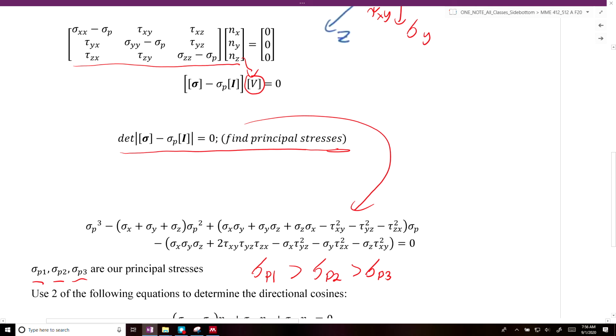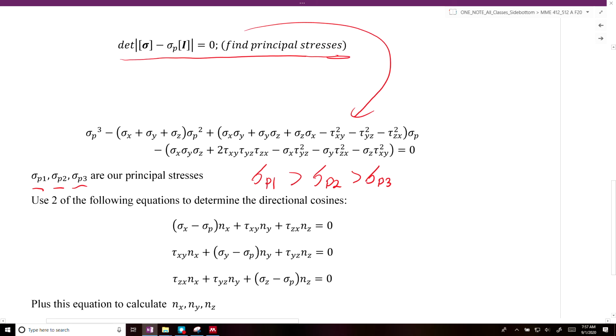What I really mean by smallest is the most negative principal stress. So sigma p3 could be equal to 0, but if sigma p1 and sigma p2 are still greater than 0, then sigma p3 is still our smallest principal stress. All right. So once you have your 3 principal stresses, you can plug in the values of sigma p